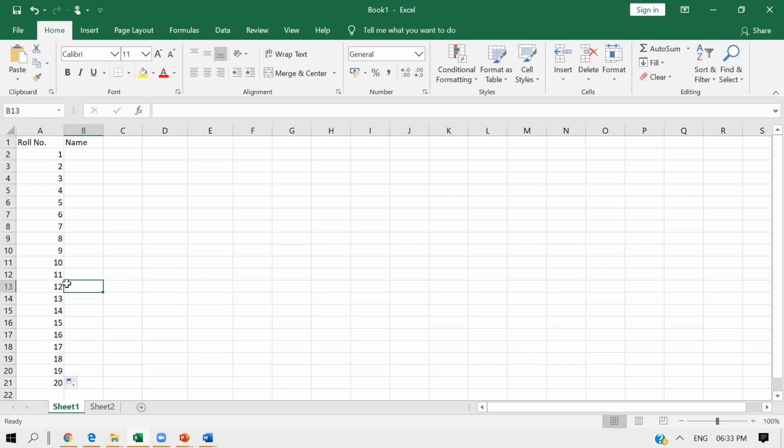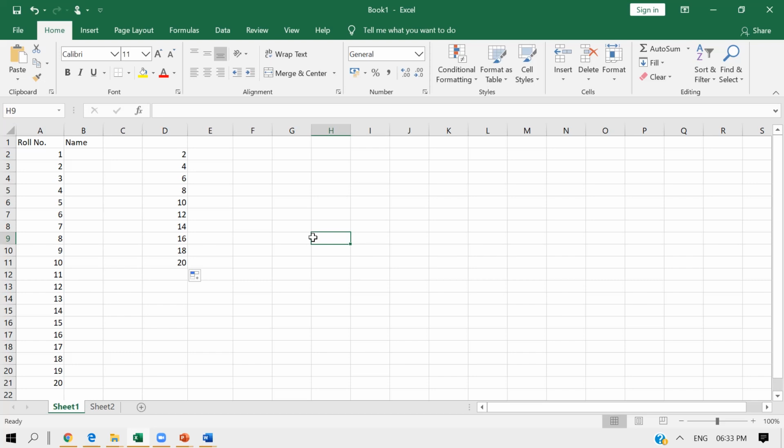For this you have activity 2 given in your book, so please try that activity. That activity says 2, 4, and then you just drag it like this, and that's the table of 2. Correct?